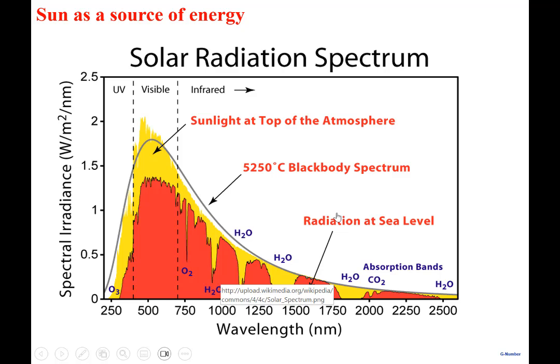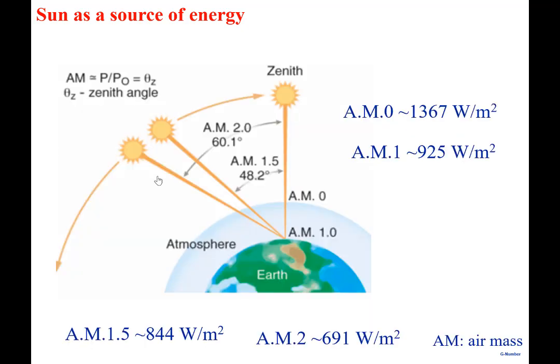But then, Earth is not flat, it's not the same. So different amounts of radiation reach the Earth at different latitudes. And so for the sake of characterization, there is a concept known as AM, air mass. Air mass is the amount of atmosphere that the radiation has to go through to reach your solar cell. At the top of the Earth's atmosphere, we call it air mass 0. It doesn't have to go through any of the air mass. If it goes vertically through the atmosphere and reaches the Earth's surface, we call it